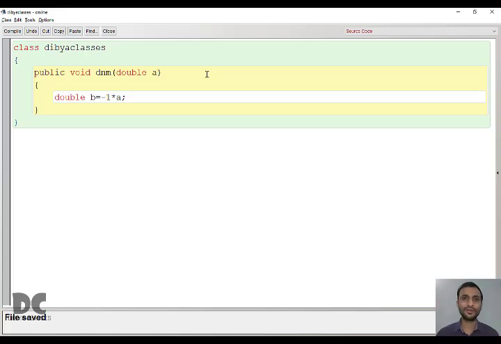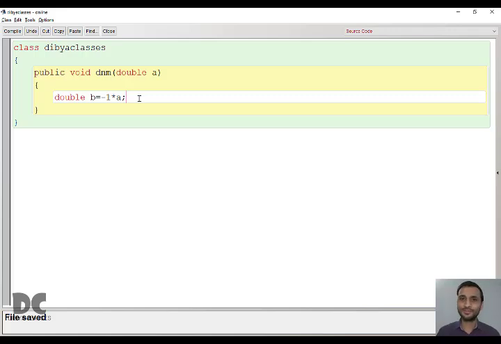Every time remember, when you get a program and the data type is not mentioned, you have to think which will be the best data type to use. Sometimes the data type must be mentioned, like it is compulsory to take int or double, then you cannot change. But if nothing is asked, you have to use your understanding of Java. So we took a number and multiplied by -1. If it is positive, it will get converted to negative, and if it is negative, it will get converted to positive. The only thing remaining was we didn't print it.